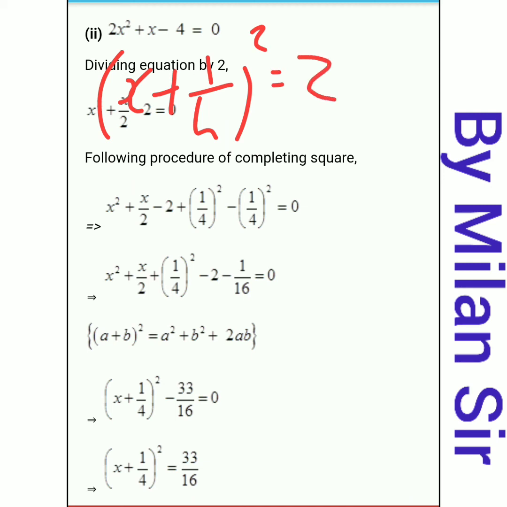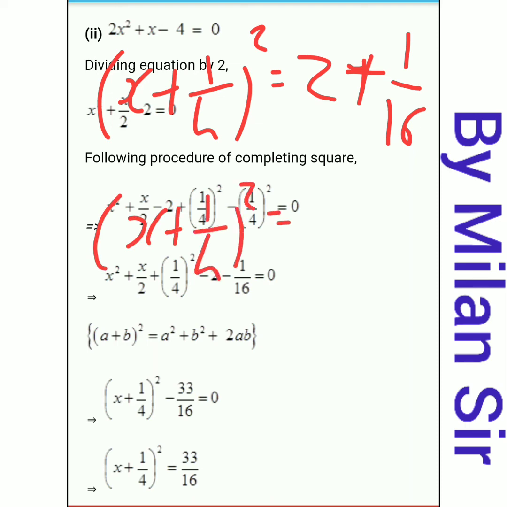here we have 2 plus (1/4) all squared. So if we take the square of the numerator, then 1, and the denominator 4 squared, it is 16. Okay, so (x plus 1/4) all squared. Now we need to take the LCM here, right? So this 16 multiplied by 2, 33. Sorry, 32. 16 times 2 is 32. Then we need to add the numerator, plus 1 divided by 16.